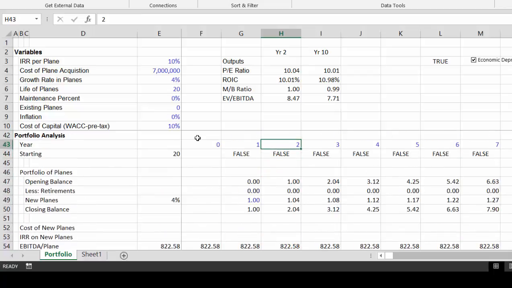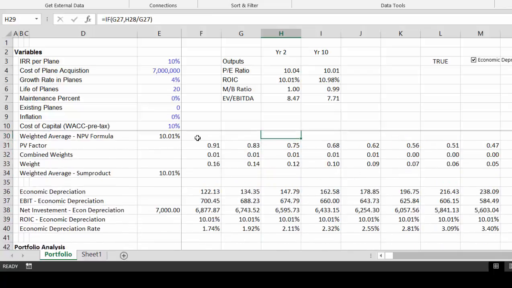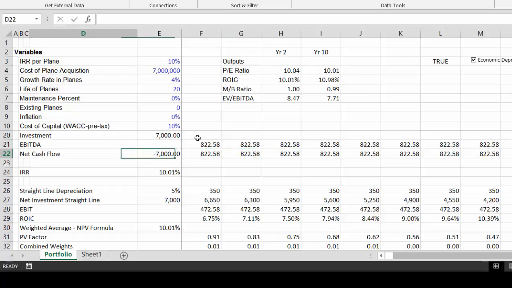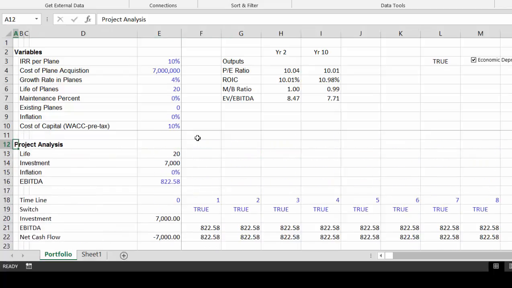Unfortunately, to do that, we'd have to do the goal seek every